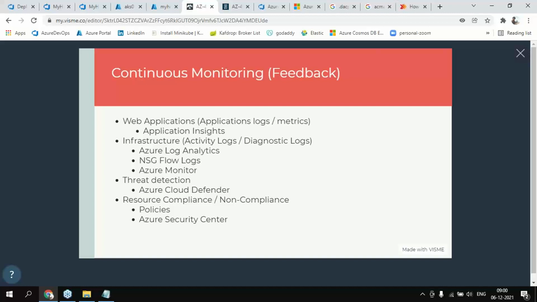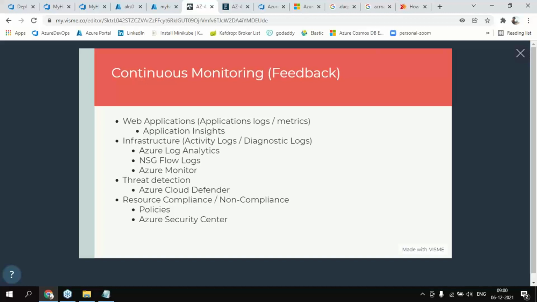So we have to monitor the infrastructure also, and we have to see whether there are any possibilities for threats or vulnerabilities, like SQL injection protection. Those things, whether they are possible or not. And from our application point of view, whether we are storing the policies and have configured the AKS cluster in a secure way, or whether there are any possibilities for a security breach. Those things come under the